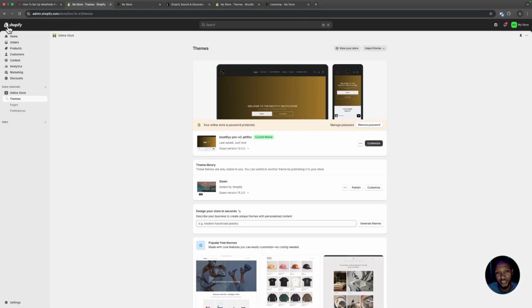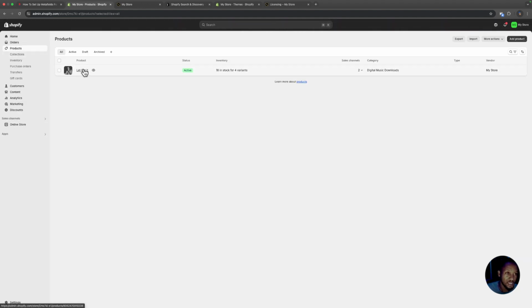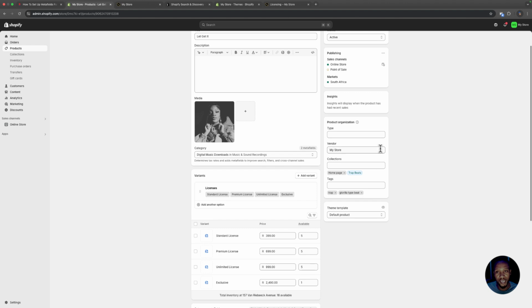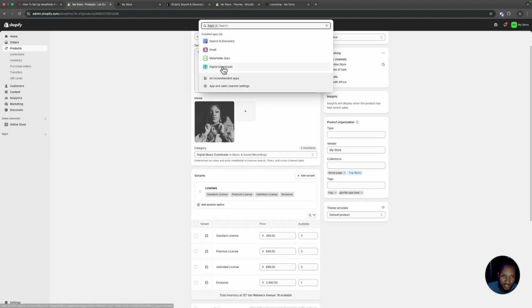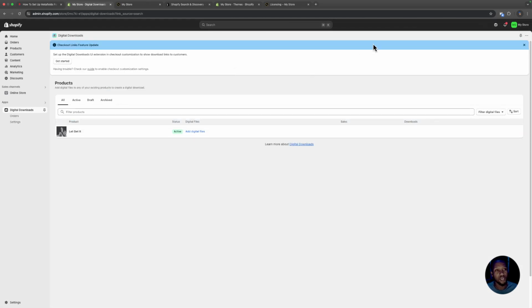Alright, so the next thing that I want to cover now is how to add your files when somebody's buying a beat. So you see here, we go to products, we have our beat uploaded, which is one beat currently, but as you can see, we don't have any place where we can add our files, which is why we added the other plugin called digital downloads. Now click on this plugin and it will show you all of your products. Now you see here's our beat. Let's get it. Click on add digital files,